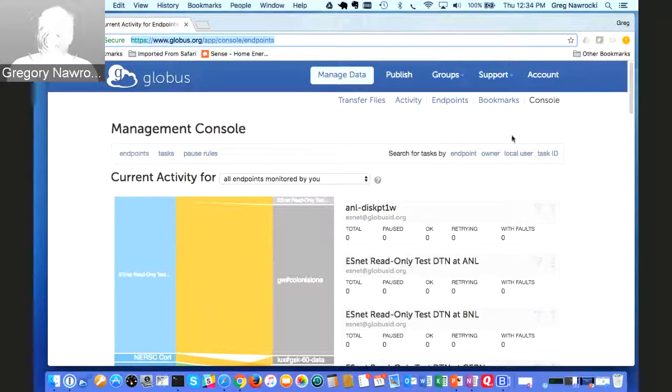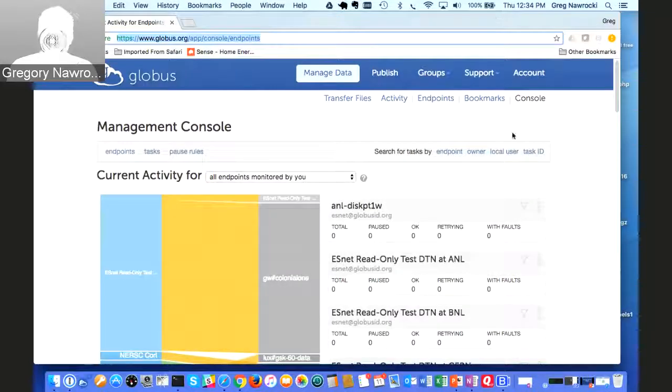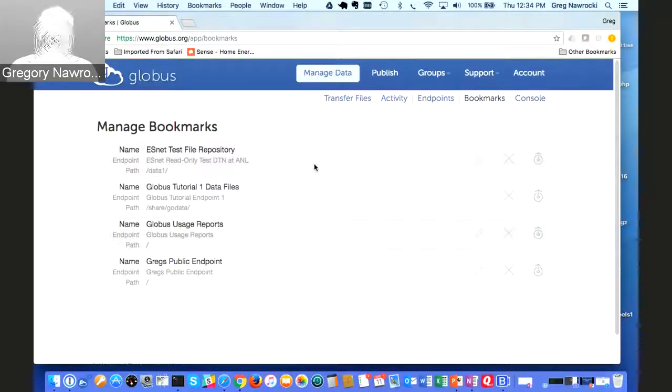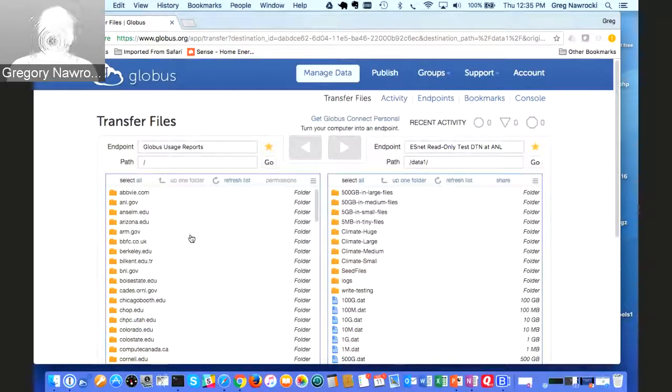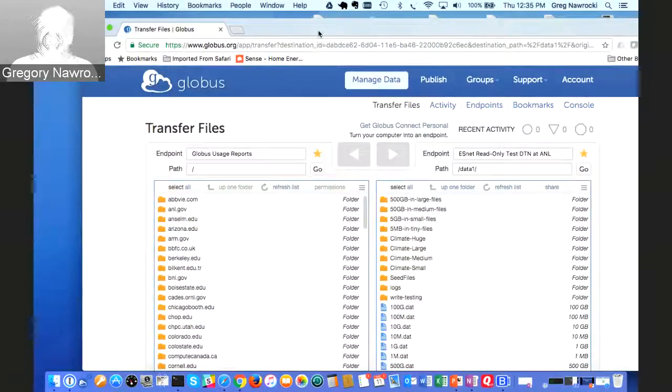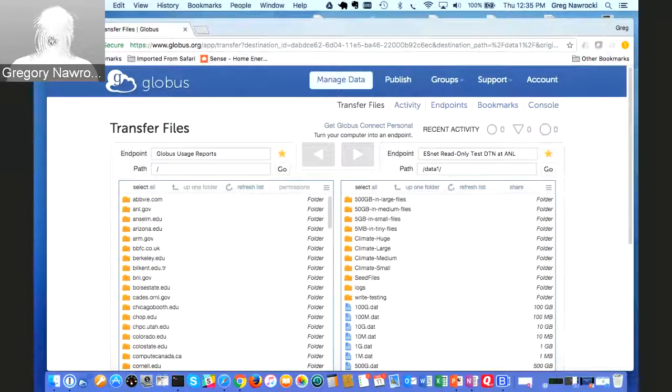Looking at this, our Globus console here, you can set bookmarks. So you can set bookmarks on various endpoints, and it's bookmarks like you might find in a browser. So endpoints you use often, you can go to them very easily with just a click of the button there. There's one I use quite frequently, getting the usage reports from the Globus master console. So there's an example of how you use the Globus console to transfer, to share, and set up groups.